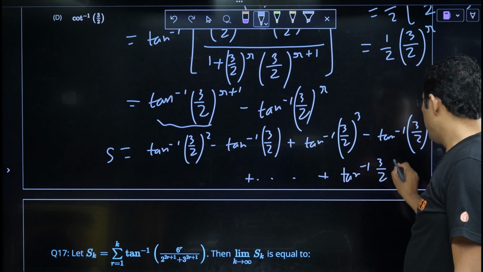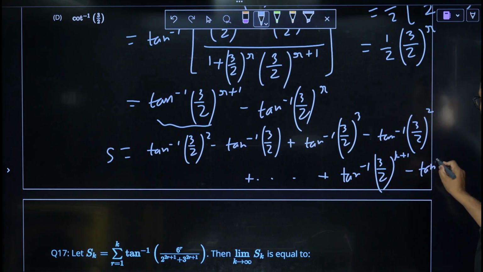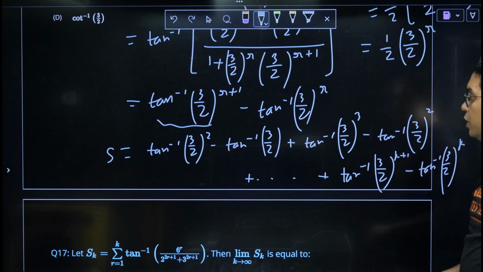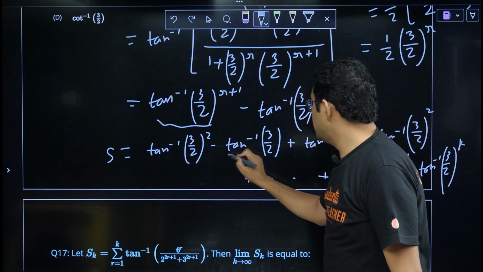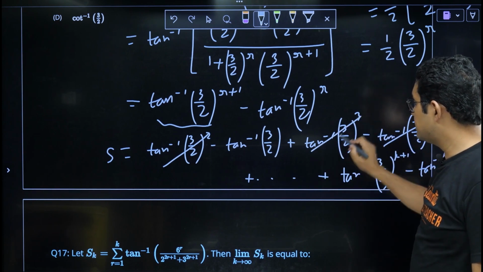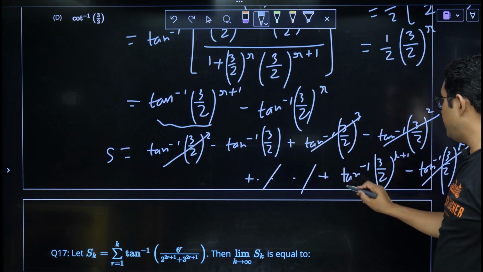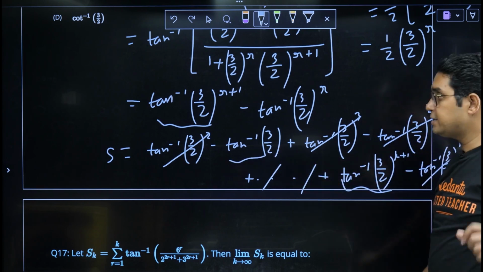3 upon 2 power k plus 1 minus tan inverse 3 by 2 raised to the power k. So if you see here, this term is not cancelling, this term is cancelling with this. Similarly, this will cancel with another term, and here also this will cancel with the term before it. So we are left with only this thing and this thing. If k is tending to infinity,